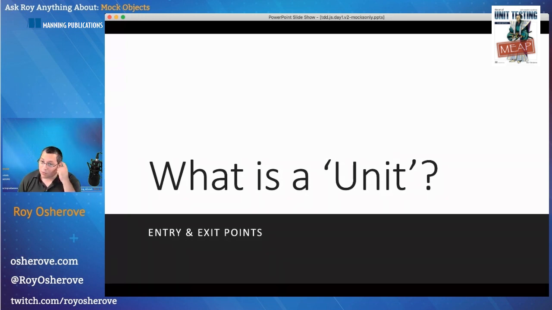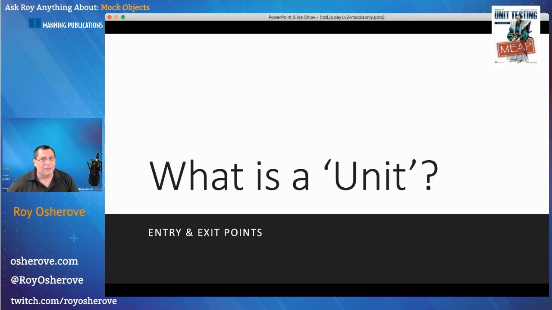The way I think about units has changed over the years. I used to think that a unit is a function, but then I didn't really like the fact that a unit can also be a private function, because I don't usually test private functions. And then I was of the opinion that a unit could be a class, but it can also be smaller than a class.